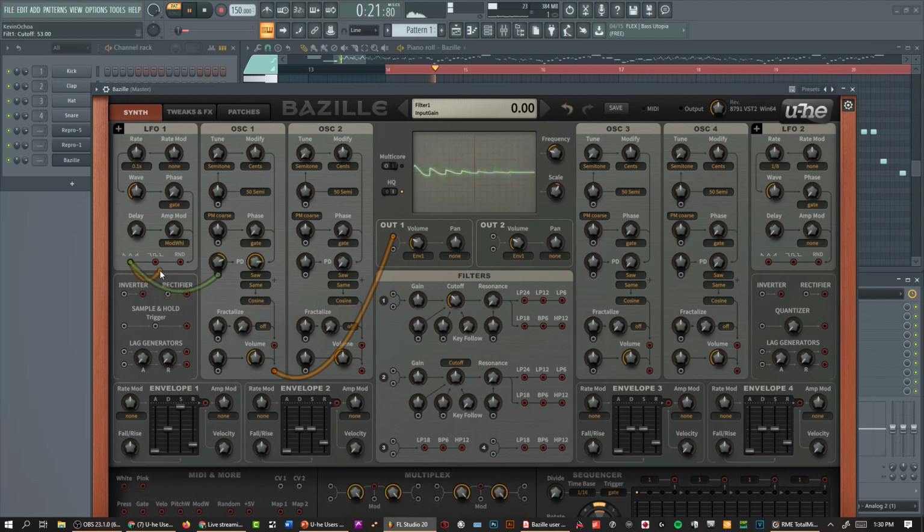Oh, not like that though. As a modulator, not as a source. And then low pass 20, actually 412, because the